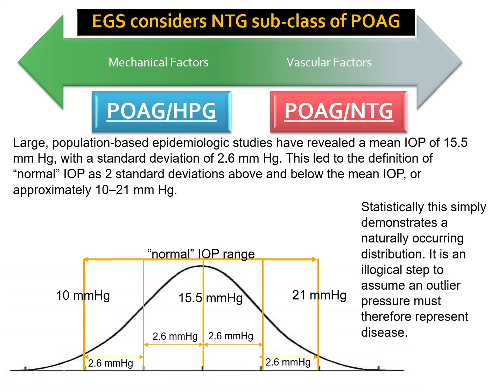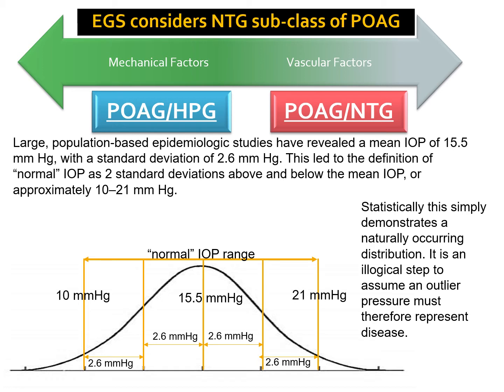Now, of course, it's not normally distributed anyway, so that straight away muddles up that whole principle. But the point is, normal is a statistical definition. It's the normal range of IOP in the human race. It doesn't at all imply that outside that normal is somehow pathological. But because we use the term normal, then the leap of illogic came when we assumed that outside that range must be